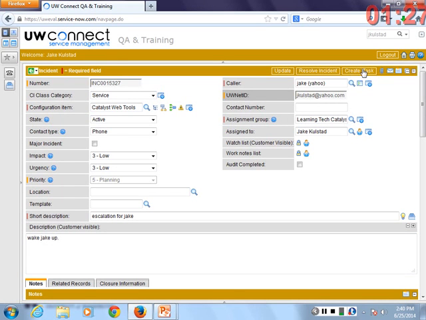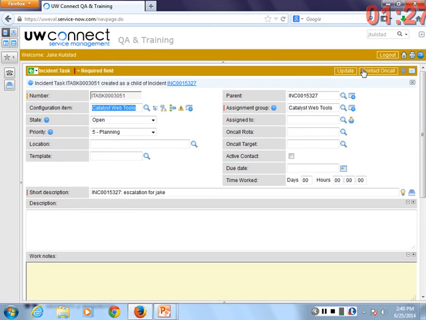All right. Up in the top right, we have the button for Create iTask. This is very much analogous to creating an R task. And if you remember that workflow I showed on the side, I could make several iTasks. The work notes will communicate amongst all the tasks and back to the incident record, just like request.